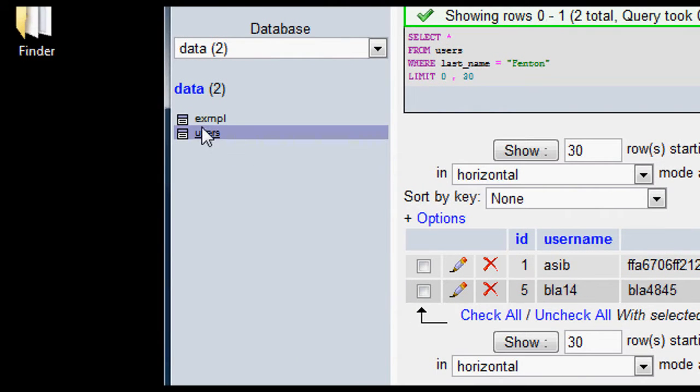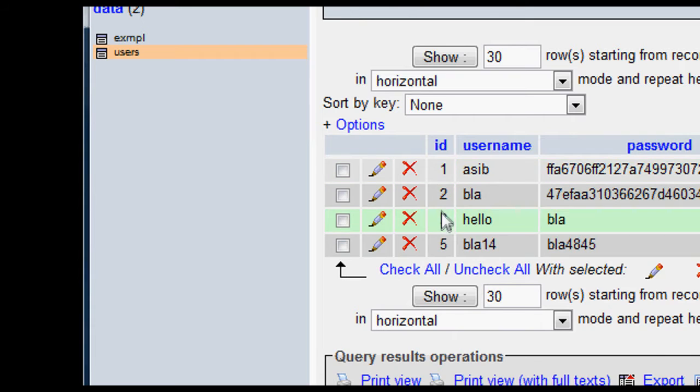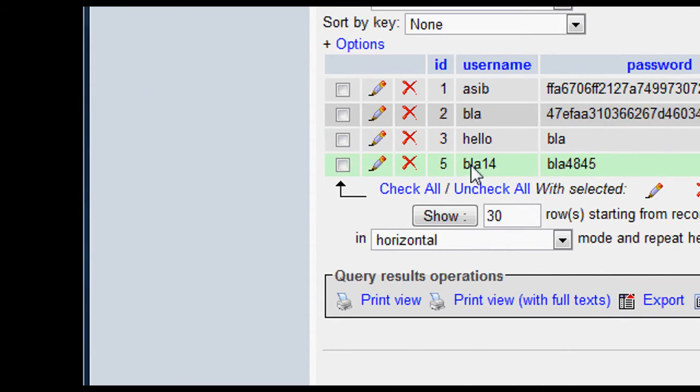One thing you might have noticed, actually, I just realized now, is that the ID goes 1, 2, 3, and then 5. The reason being is because before I created this blah14 user, I created another user which had nothing in it, so I wanted to delete it. So when I delete it,